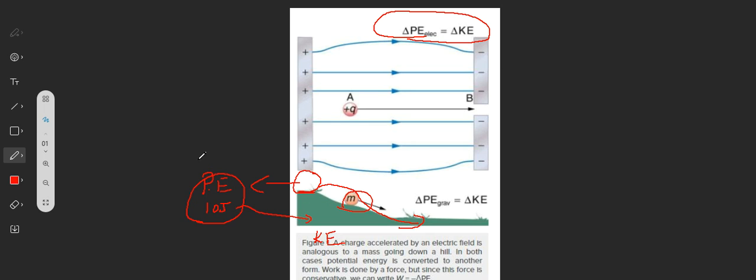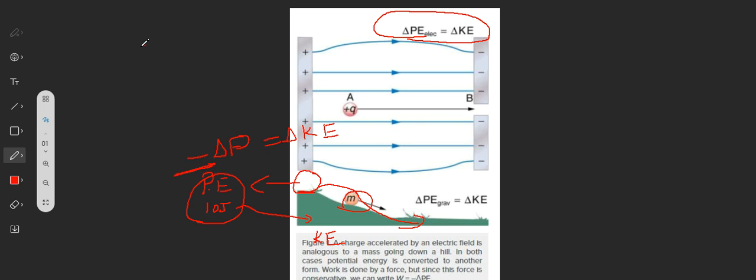That means, what is the loss in this potential energy? As the potential energy is going to reduce, I'm using a negative symbol here. Whatever reduction in potential energy we have, that is the energy converted into kinetic energy. So the change in kinetic energy of the object will be given by the negative of the change in potential energy, or you can say it in this way as well.